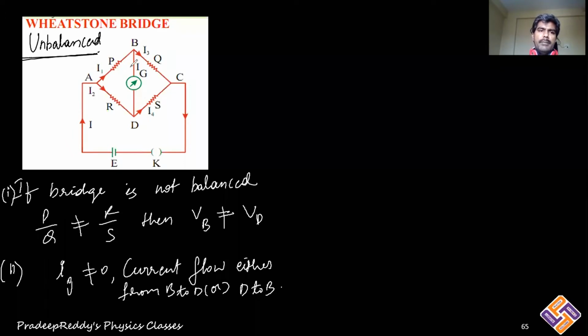Based on that, if VB is greater than VD, then in such cases current will be flowing in the downward direction. If D is greater than B, then in such cases current will be going upward from D to B. So you can check whether VB is greater or VD is greater. So I want to find out whether B is greater or D is greater. In such cases, what I'll do, I'll use this.